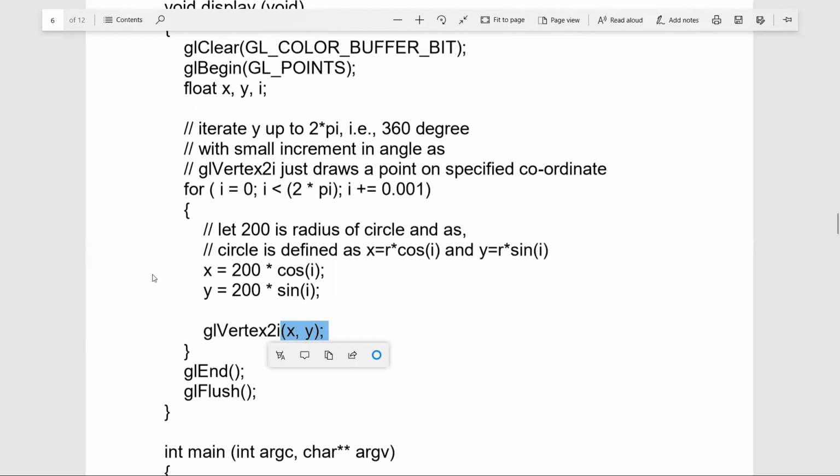Here in our example, our objective is to draw a circle. So if we remember, what are the parameters required for drawing a circle? We need information about the radius of the circle, and in this example let r be the radius of the circle, say 200.